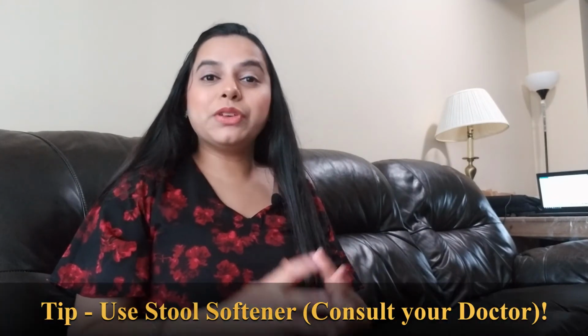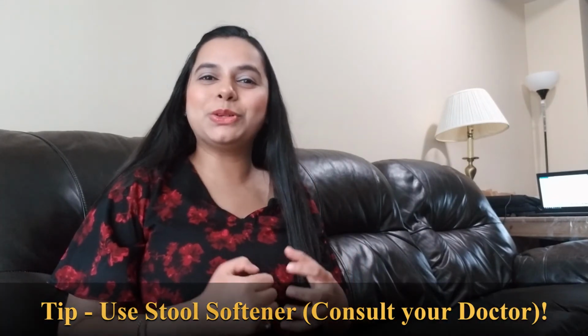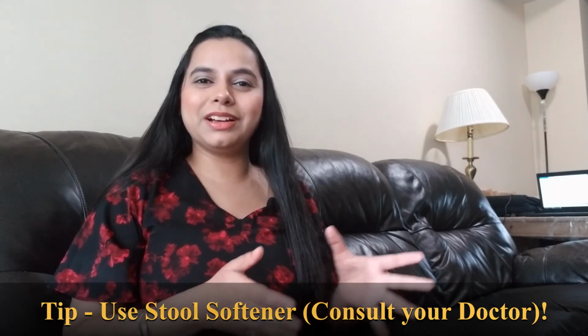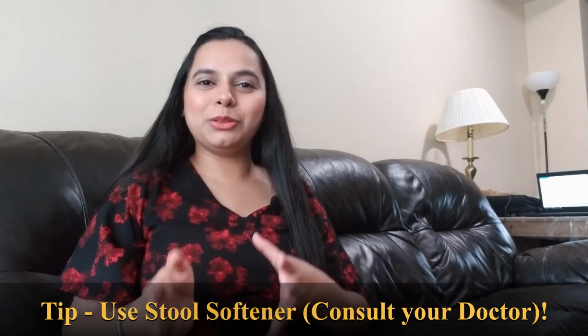So friends, the next thing is about the stool softener. We know how difficult it is to use the washroom for the very first time when you come back after a 2 or 3 days stay from the hospital. You are on the saline and you don't need to use the washroom that much. But I remember it was so difficult for me to go for the first time. So I was told that I should be using a stool softener for the first few times,